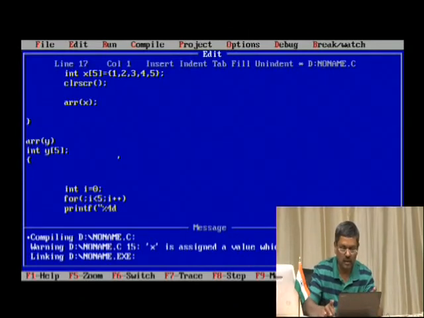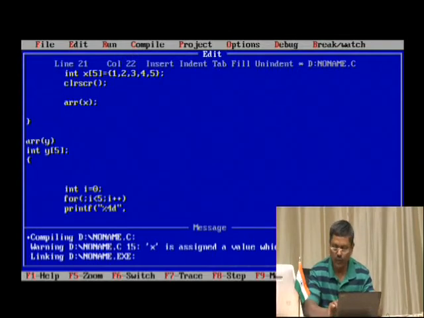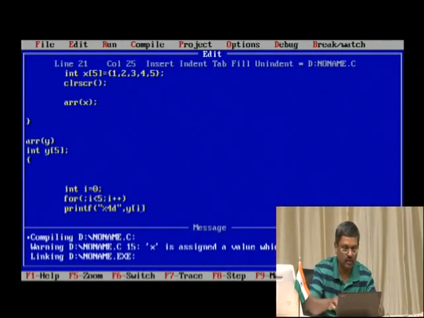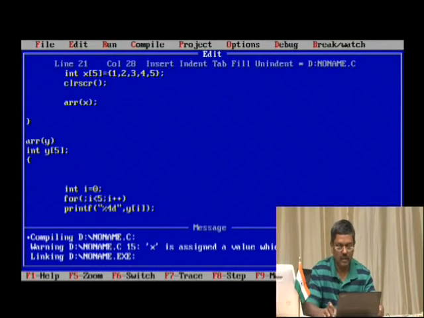delete. Okay, so we will delete this and come back and then shift double quote comma, and then of course we have to put what is called as y. We are actually dealing with array y, and then each element can be accessed by its subscript variable or subscript value, whatever you call it. Okay,